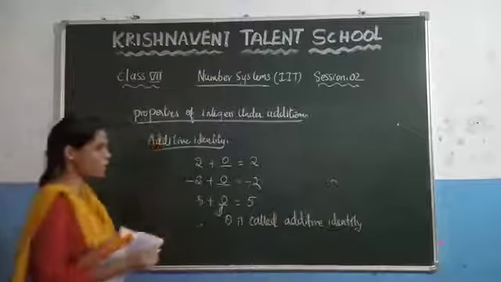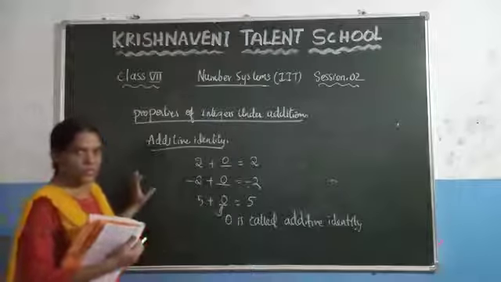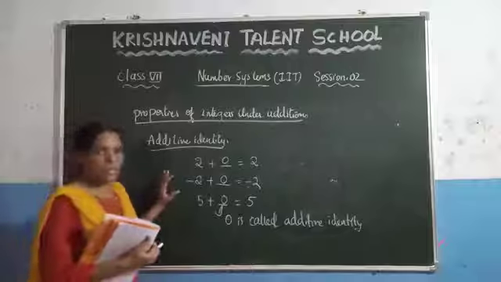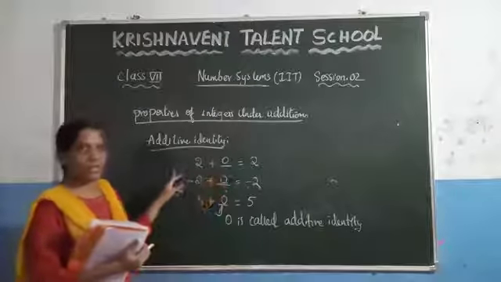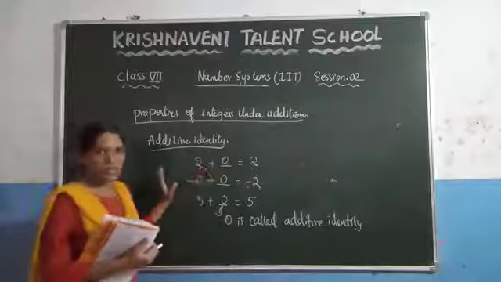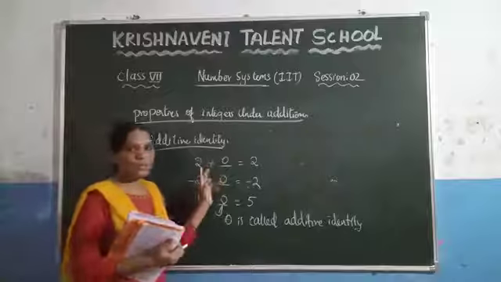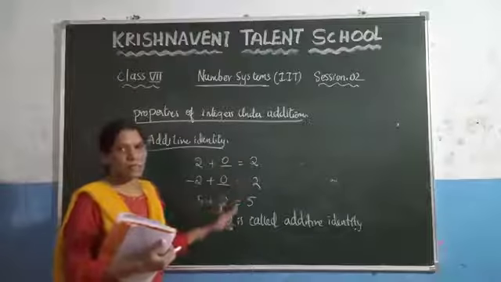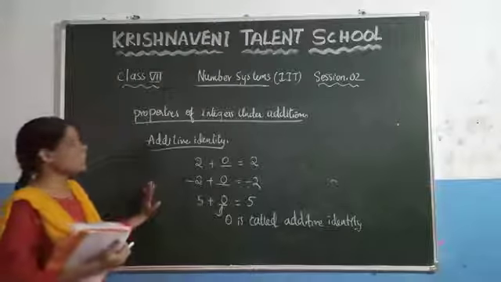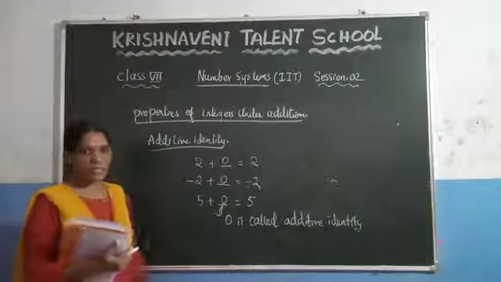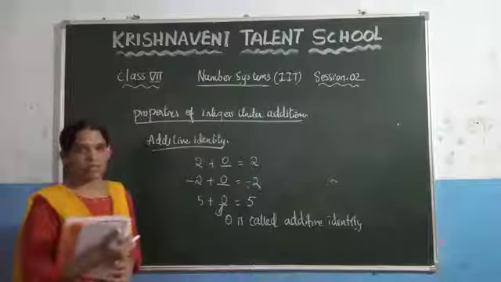So what is the additive identity of integers? 0 is called the additive identity of integers. What the additive identity says here, if you consider any integer, you need to add one number such that you get the same number as the result. That number we call an additive identity, and you know that if you add 0 to any number you will always get the same result. So we can say that 0 is called the additive identity of integers. This is about the properties of integers under addition. In the next session we are going to discuss the multiplication of integers.